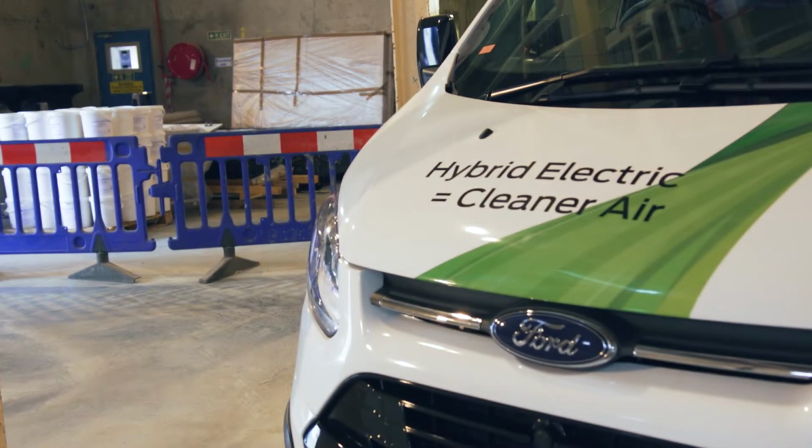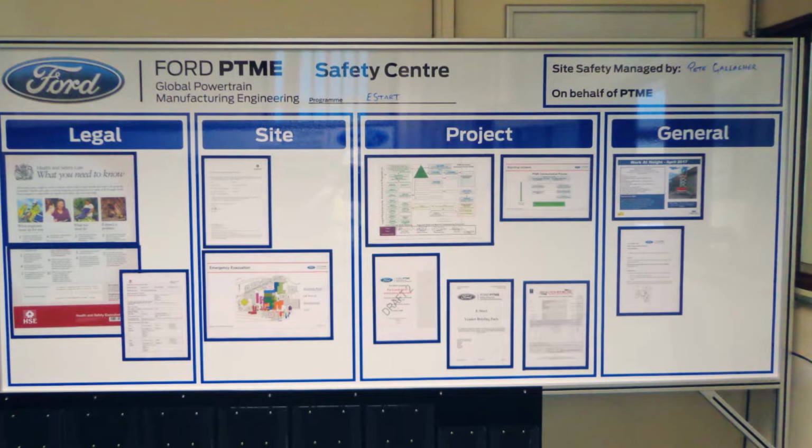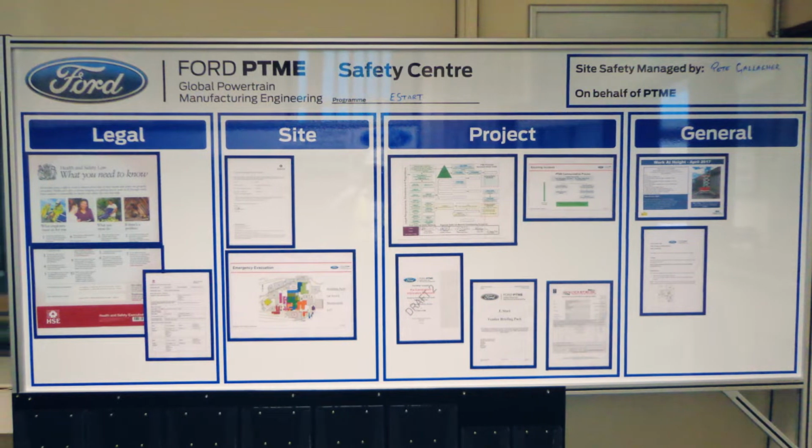E-Prime is the electrified powertrain pilot line for manufacturing engineering. We're working throughout the industry within the UK to change the way we do manufacturing engineering and take ourselves forward with new electrified powertrains. The whole project was brought together by HSSMI, who look to leverage companies like ourselves,